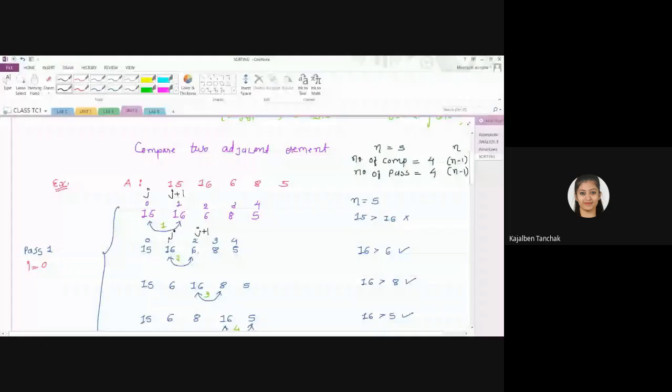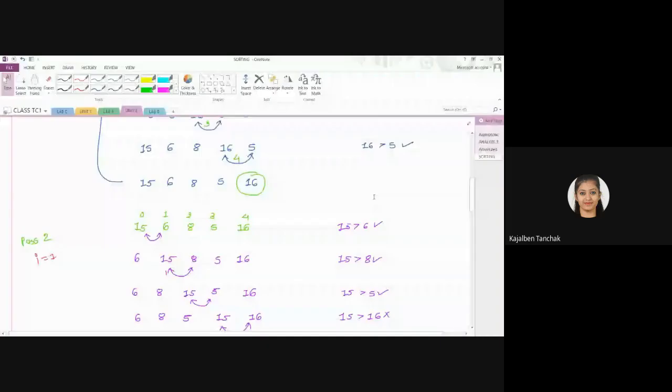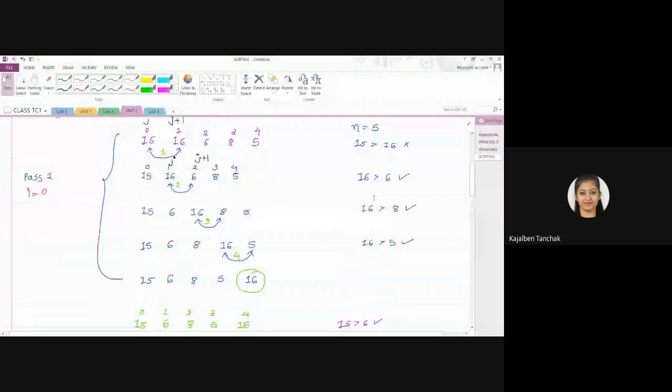Then what you will do, you will swap this a of j and a of j plus 1, right? So we have performed the swapping. After performing the swapping, again you will do what? You will increment the j value and j plus 1. Now compare a of j with a of j plus 1. A of j is what? 16. Is greater than 8. Yes, this condition is true. Again you will do what? Swapping. Now your j is incremented to here, and this is your j plus 1. Compare a of j with a of j plus 1. So 16 is greater than 5. Yes, this condition is true.